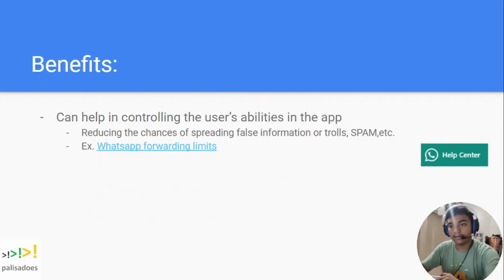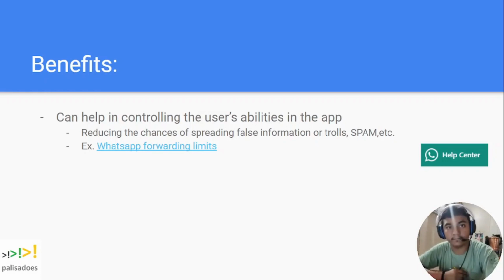As we all know, as the app grows and new users come, the chances of spreading false information, trolling, or spamming increase a lot. For example, WhatsApp has implemented a feature which limits the number of forwards that a message can have. So having the ability to control these features in our Talawa app can also reduce the admin's work to manage